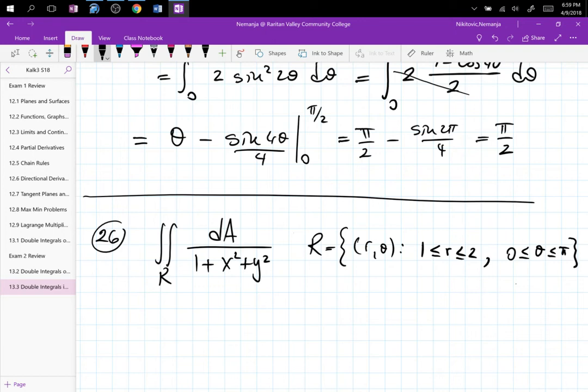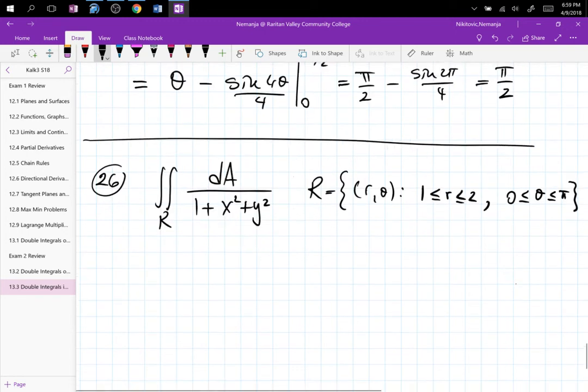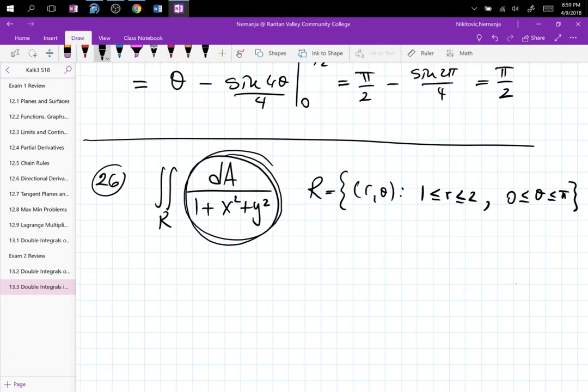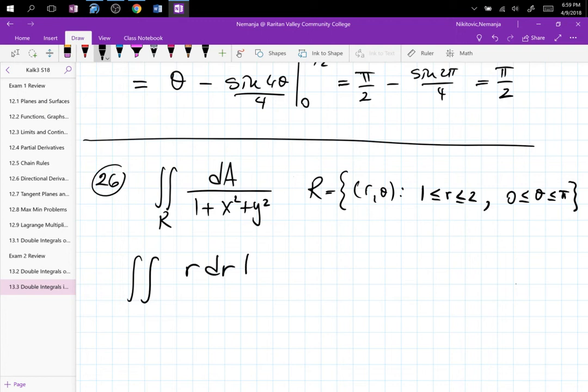There we go. So now what? Well, everything is already in polar in terms of our limits. All I need to do is to make sure that this is in polar as well, and we're done. So I have r dr d theta, that's my dA in polar,